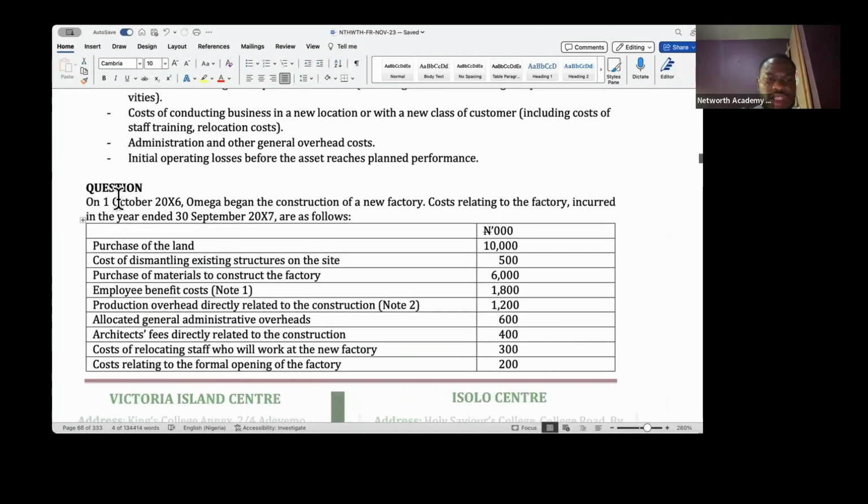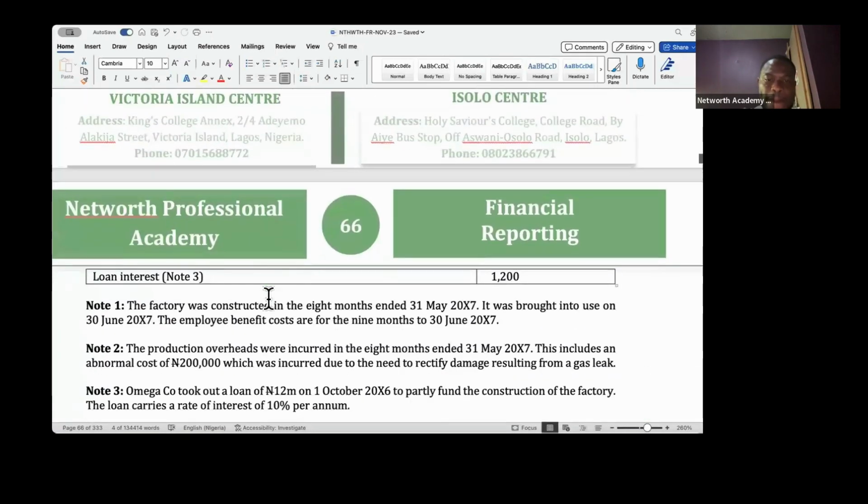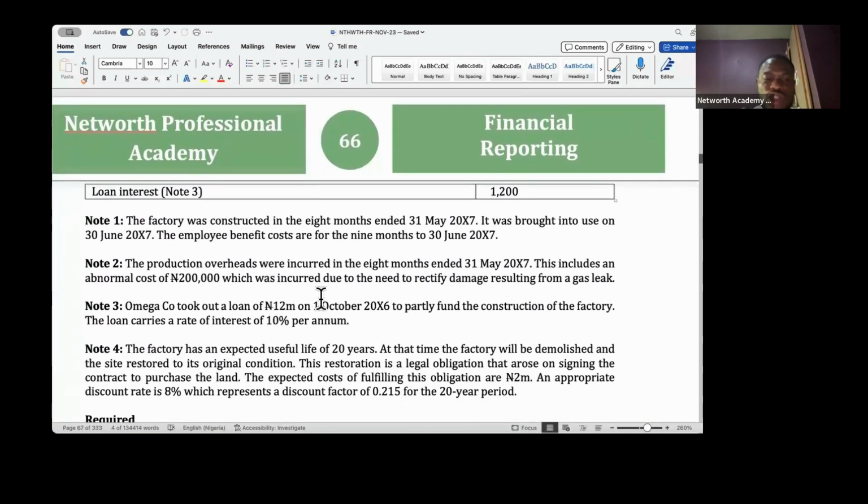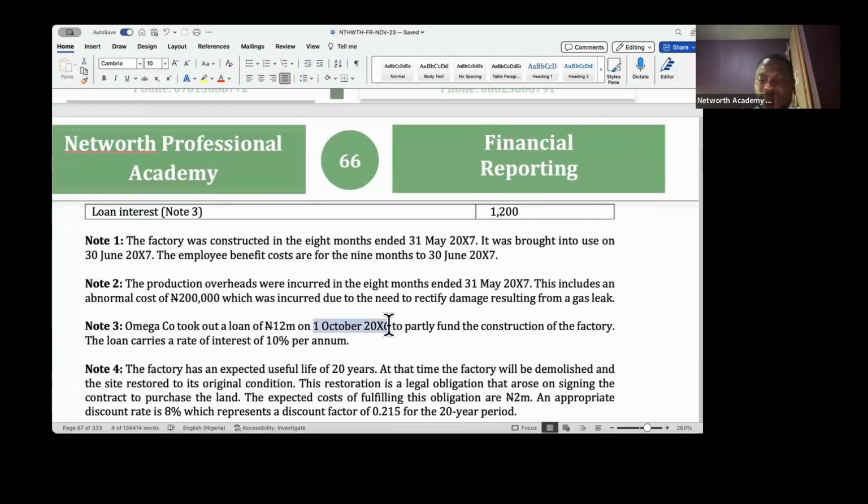That was when they started construction. So he took out a loan on 1st of October and he's supposed to fund the construction of the factory. And the loan is 10% interest per annum. So that means that for this one,